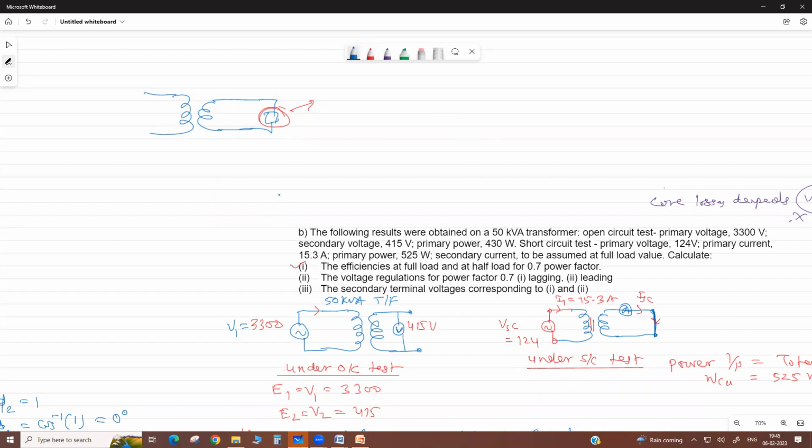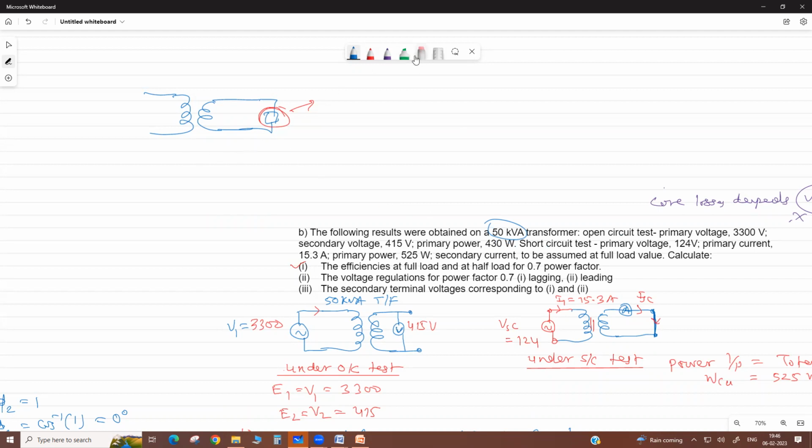What do we do? We do the open circuit test, which means we run the transformer at no load. That no load input is very small. See, this 50 kVA transformer at no load takes only 430 watts, less power. Now,